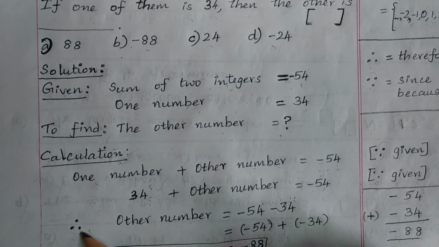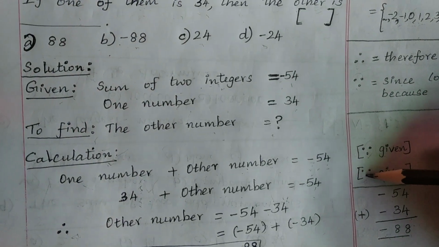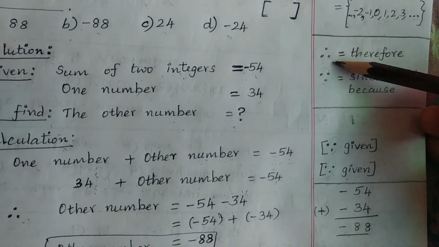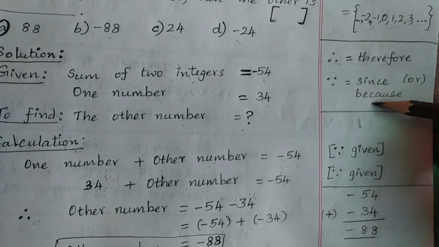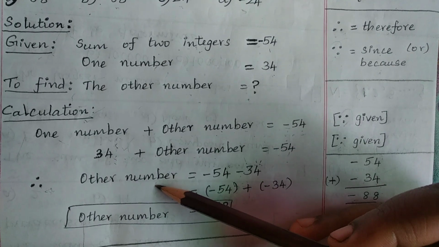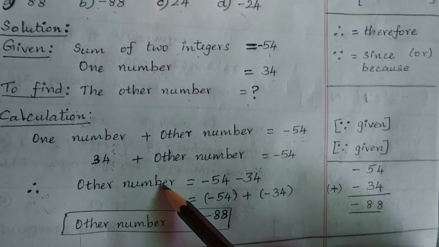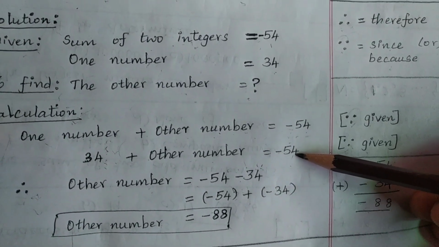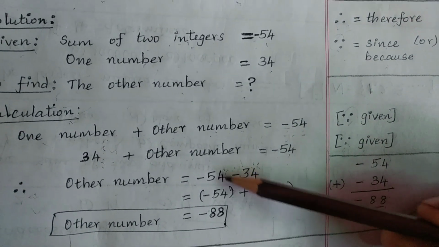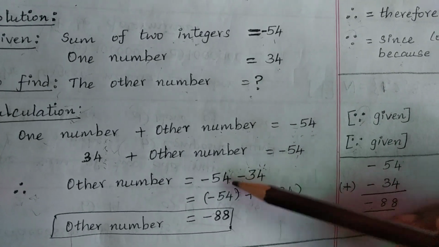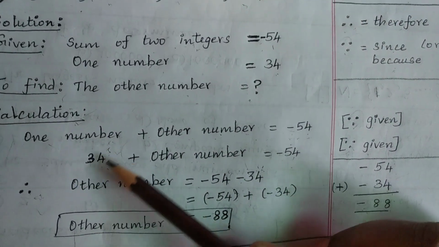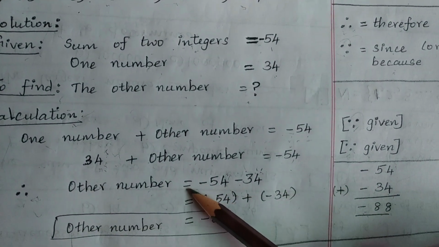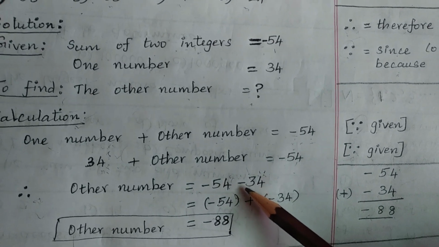This symbol is called therefore. The other symbol is called since or because. See here. So, therefore, other number is equal to what is already existing on the right hand side, minus 54. Okay, so minus 54 has been written. And then from the left hand side, 34 has been transposed across the equal to sign. So it gets its opposite operator,